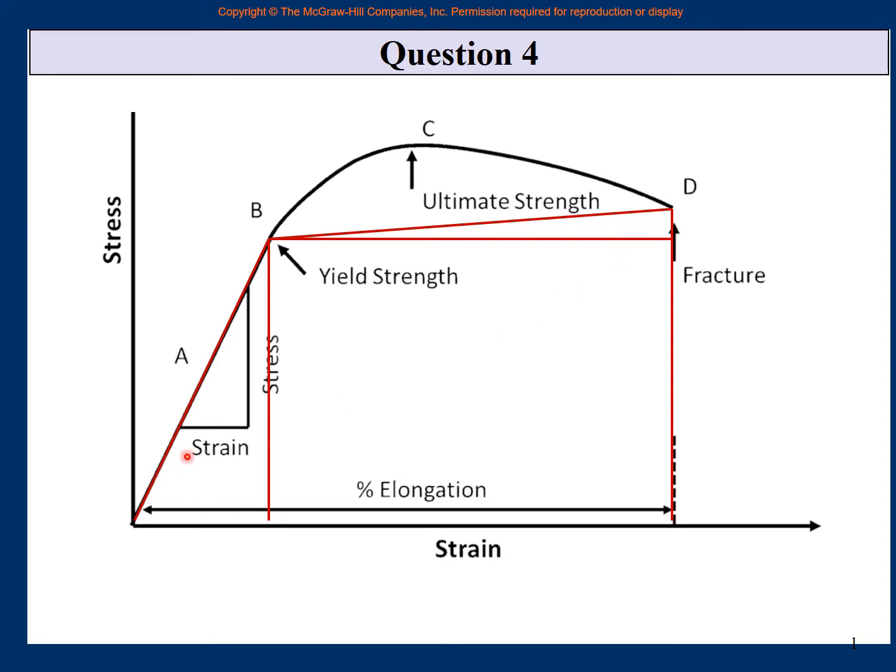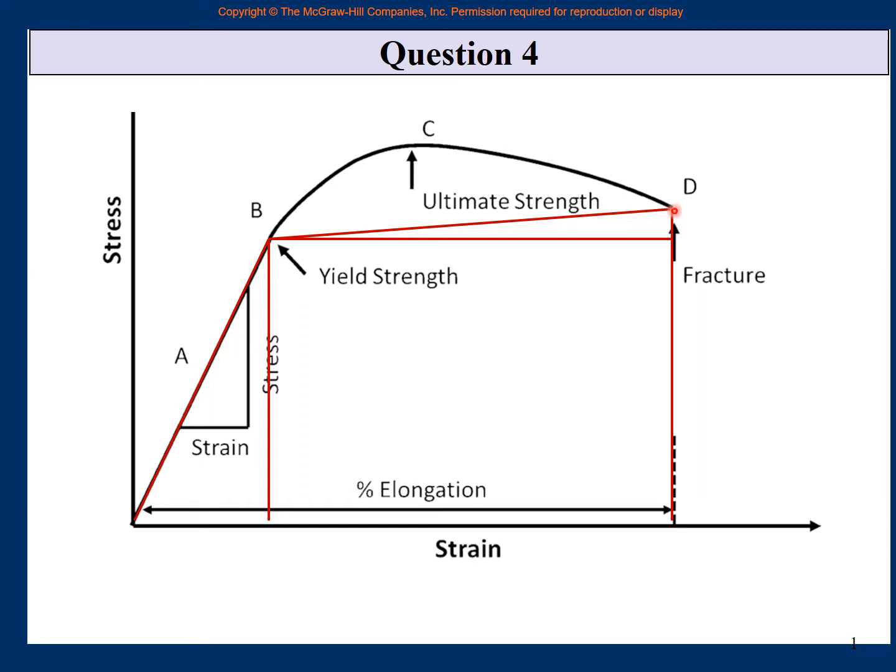So this triangle is already solved. For this rectangle, the length is this length into this length. The strain is the strain at fracture minus the strain at yield. Remember, this was the strain at yield. So strain at fracture minus strain at yield is this length. And from here to here, this is the stress at fracture. But this was the stress at yield. So if you take the stress at fracture, this total value, minus the stress at yield will be only this side.